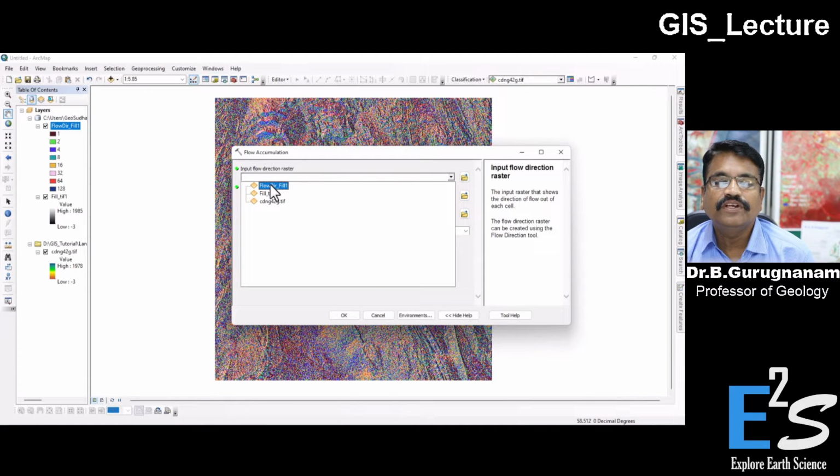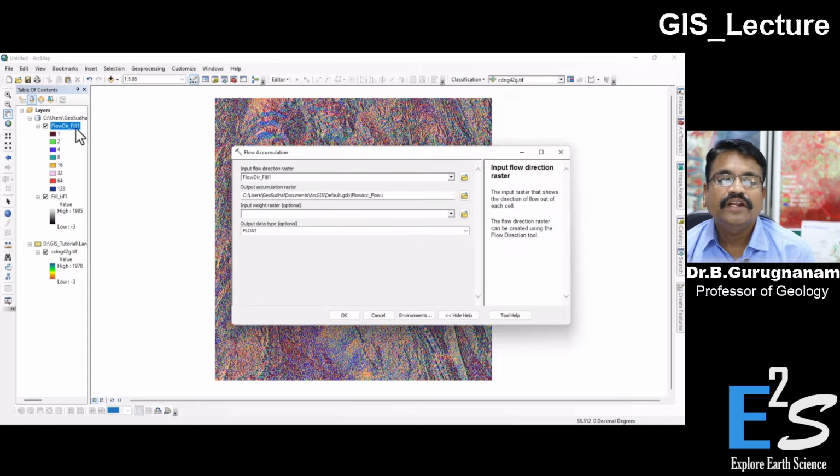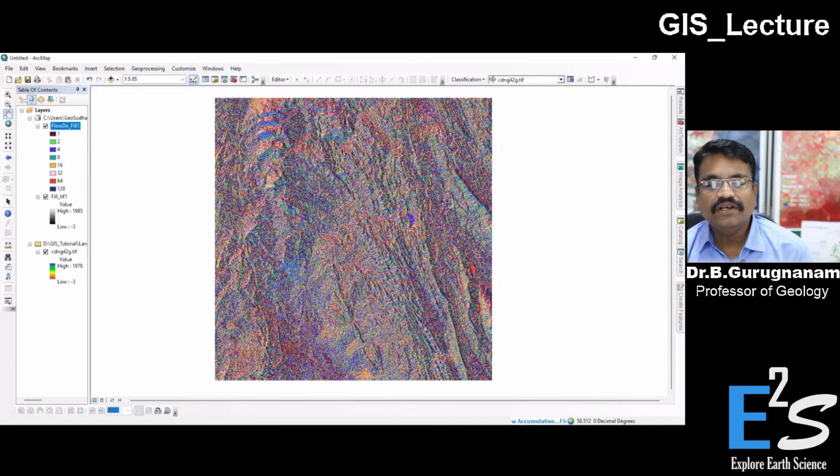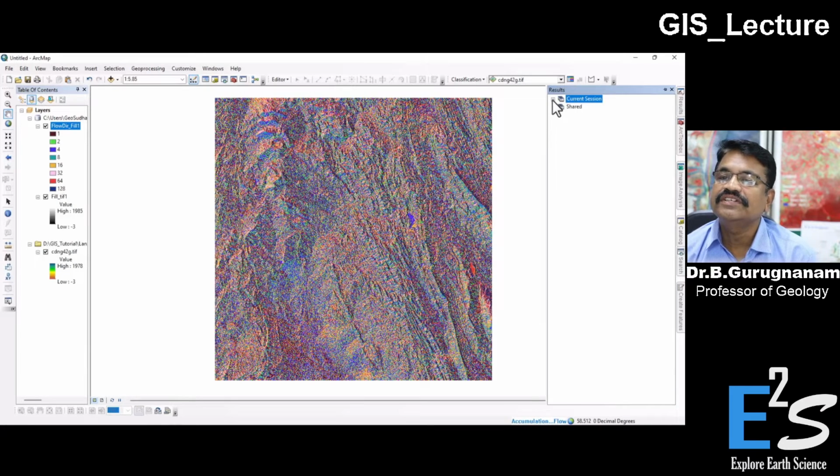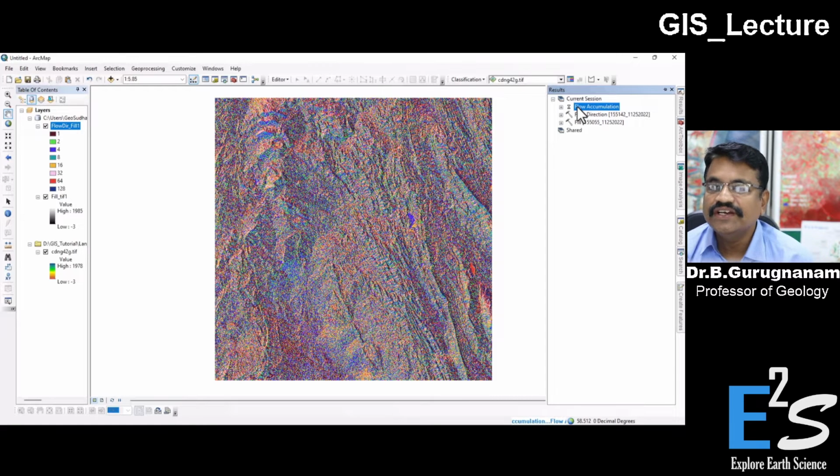Again, for flow accumulation you have to give the database flow direction fill and give OK. It's all by a single click from SRTM data. Now it's in process. You see at the bottom, flow accumulation is in process. It takes time because it's a huge area. Now it is calculating the flow